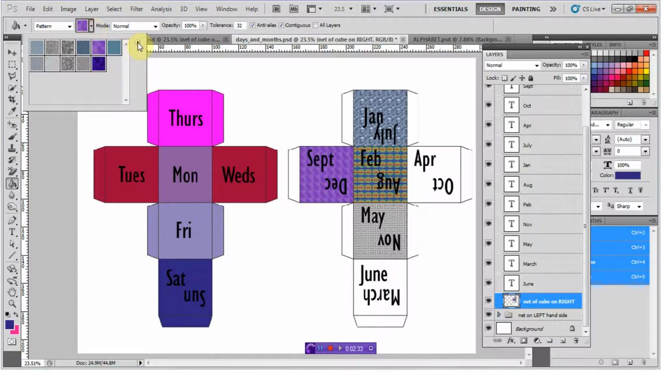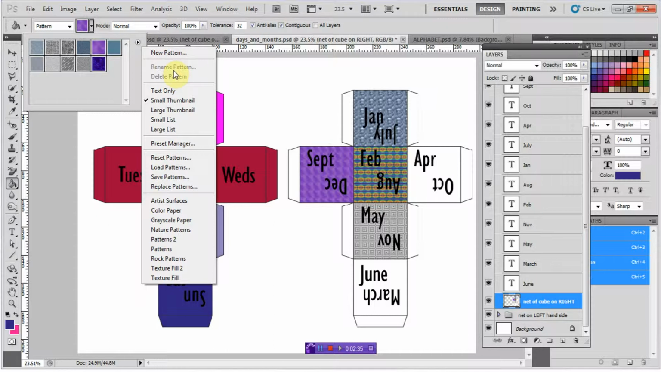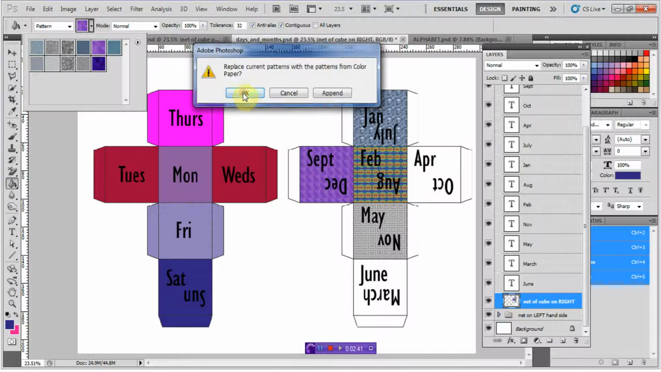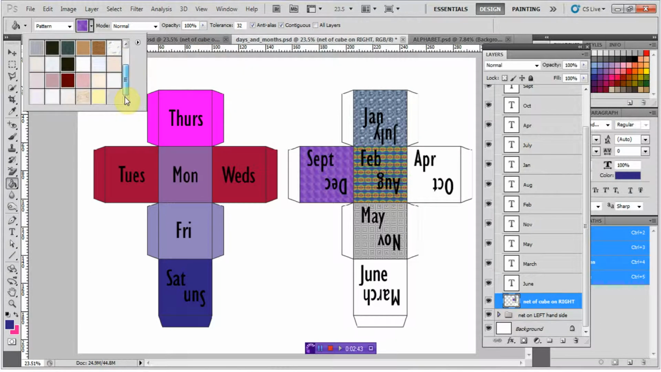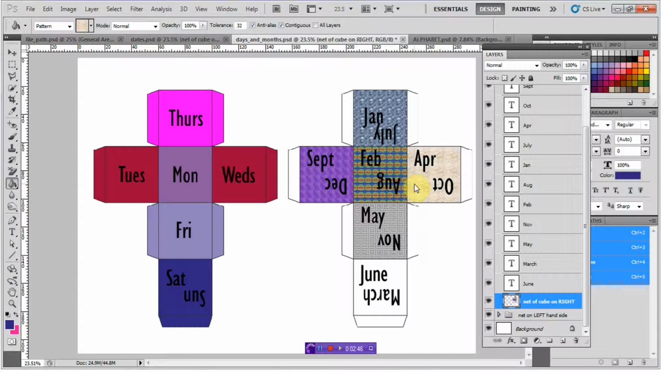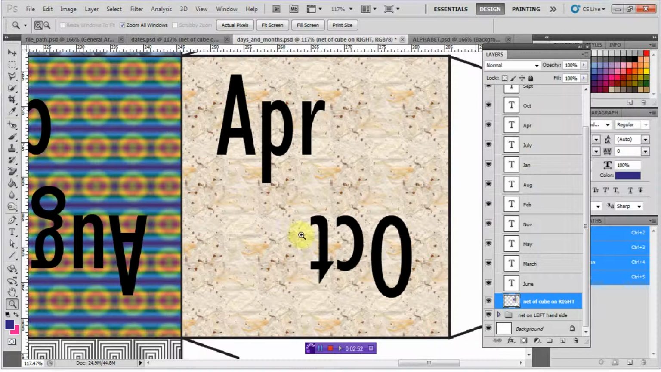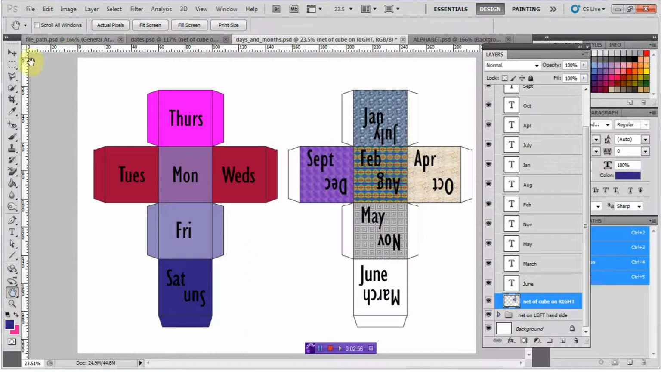Let's see what others are here. So I'm going to up into that play button again. Color paper. See what that does. Click on OK. It's trying to give an effect, if I zoom in, of some natural paper. Okay. So you can create some nice effects